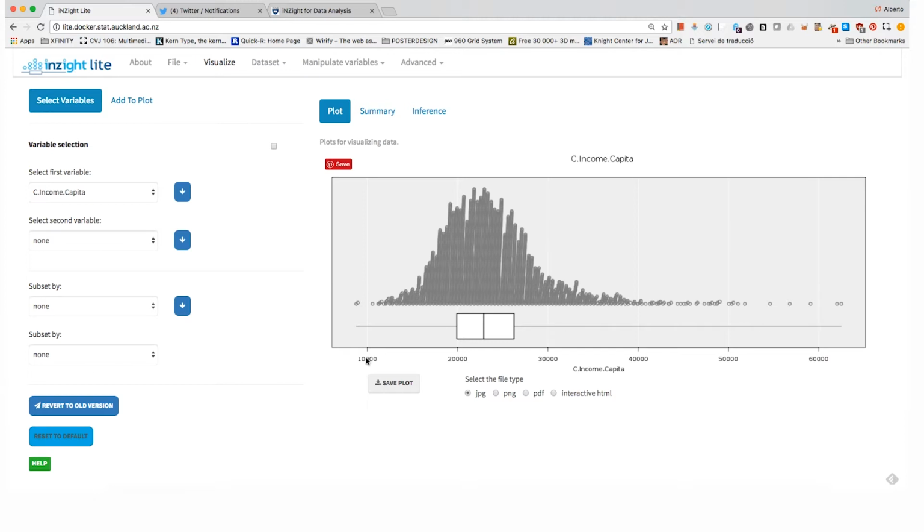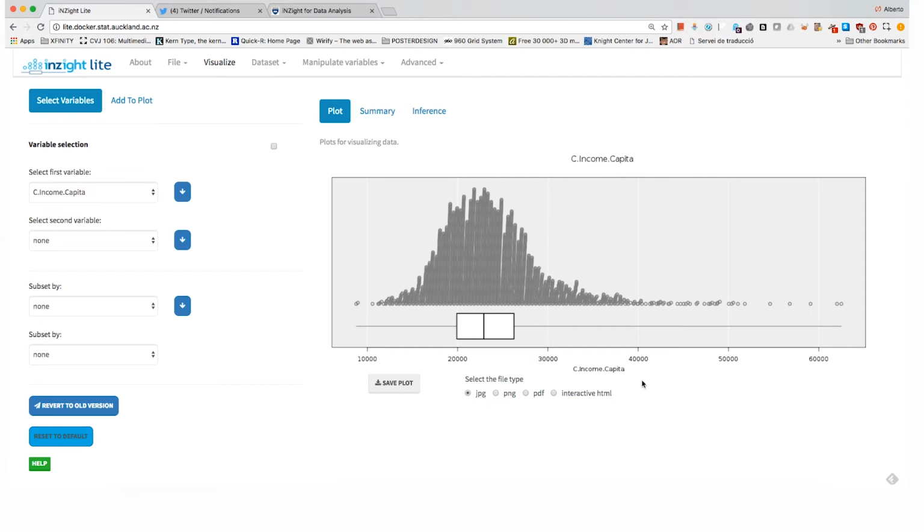Remember that the x-axis, by the way, is the average income per capita from $10,000 or lower to up to $60,000. And the position of each county represents the average income per capita on that particular county. So we can see, the counties that are up here are the ones that have the highest value. So this chart works well if what you want to see is the outliers either on this end of the distribution or on this other end of the distribution.